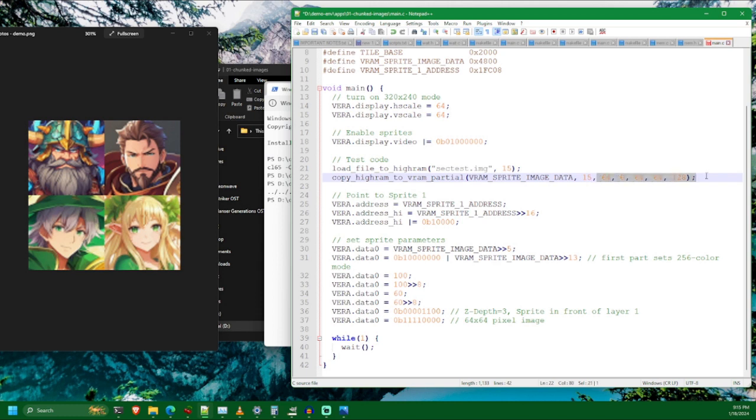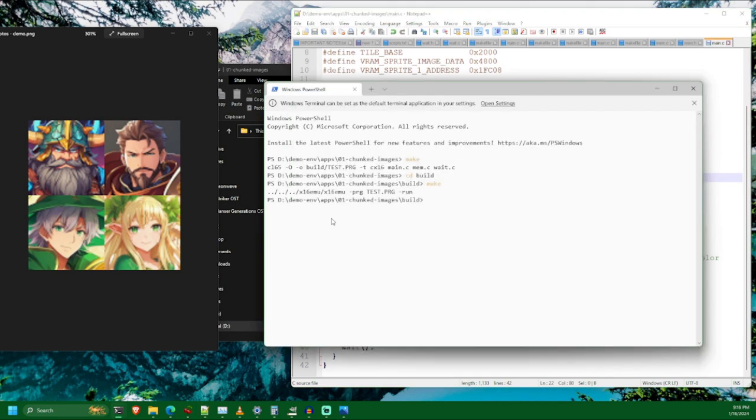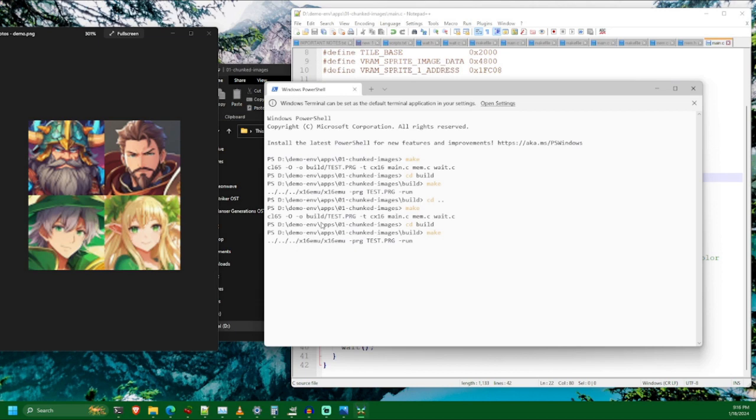We don't have to update any of the other values because we're already offsetting 64 pixels in, 0 pixels down, grabbing a 64 by 64 pixel image. And, of course, the size of the image hasn't changed. It's still 128 pixels wide. So we just save that change, cd back up into our source directory, build the program again, run it again, and this time,